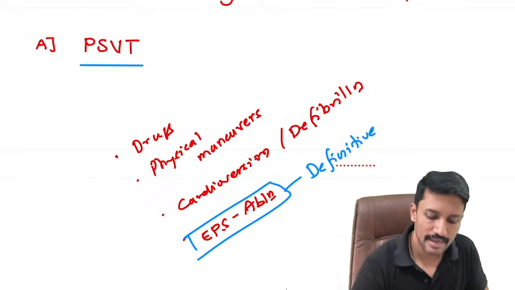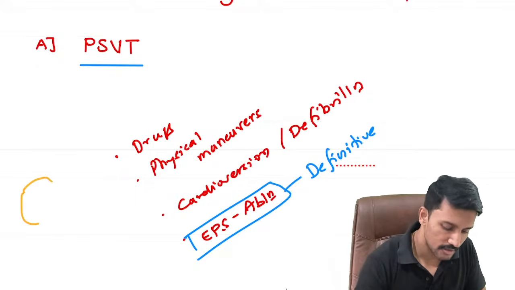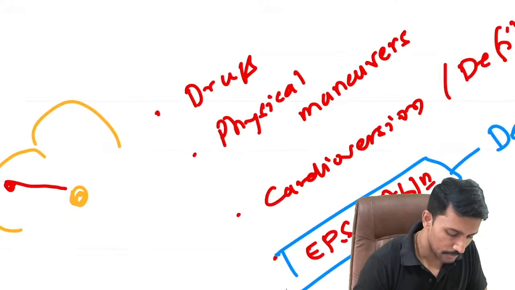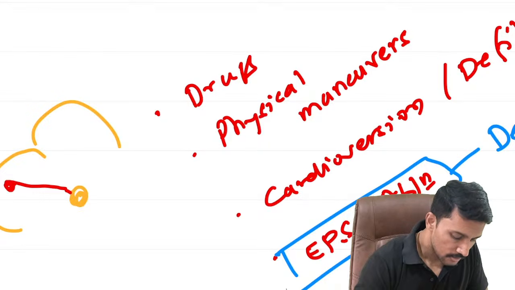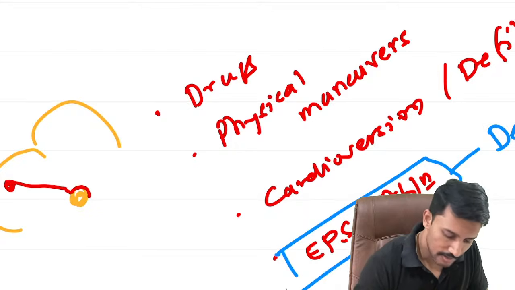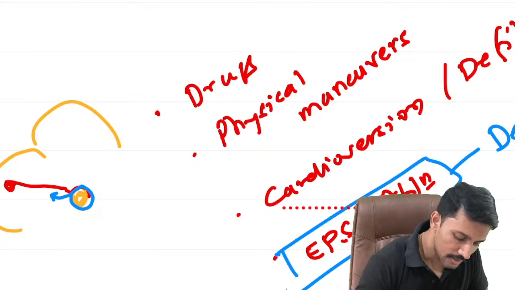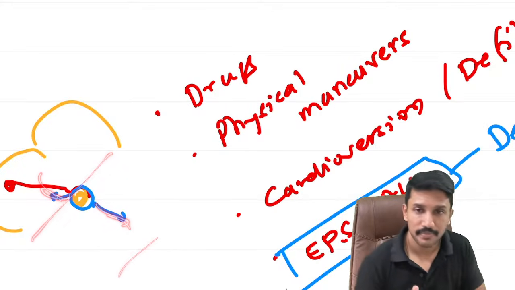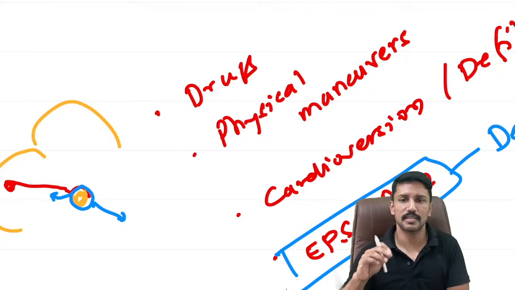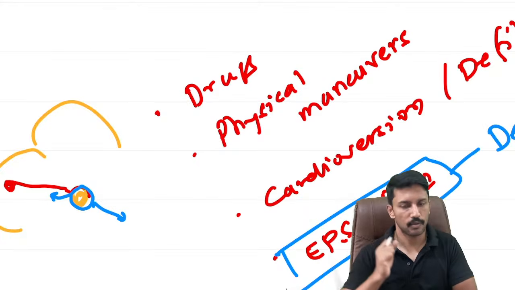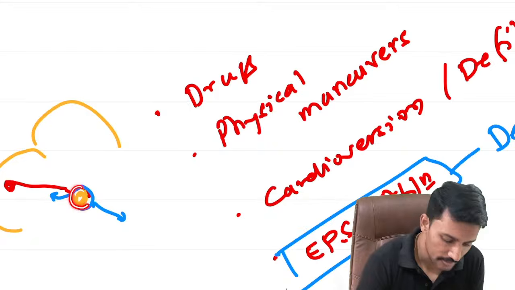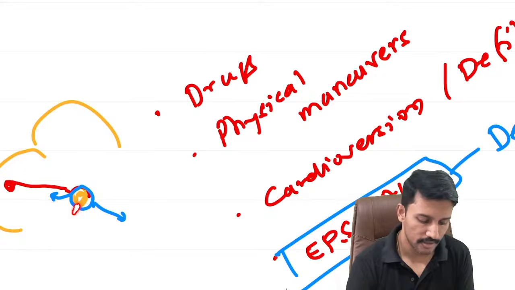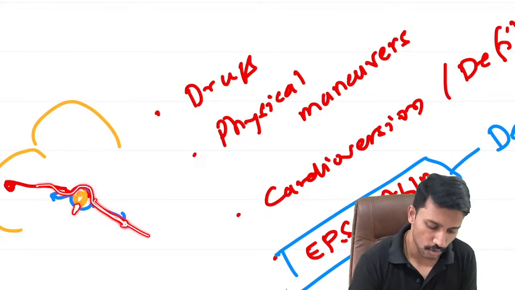For example, we discussed AVNRT yesterday. So in AVNRT, what happens? In the AV node, there is a fast conducting pathway and a slow conducting pathway. So sometimes what happens, because the fast conducting pathway has a longer refractory period, the electricity loops through the slow conducting pathway, goes back to the atria and goes to the ventricle. So it causes an additional depolarization of the atria and ventricles. That is how we get AVNRT, which is nothing but one type of paroxysmal supraventricular tachycardia. So if I can identify this, right, I can ablate this slow conducting pathway. Once I have ablated it, then there is only one pathway for the impulse to go down to the ventricle. There is no